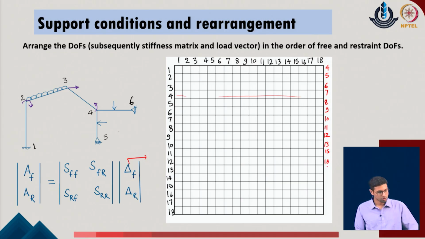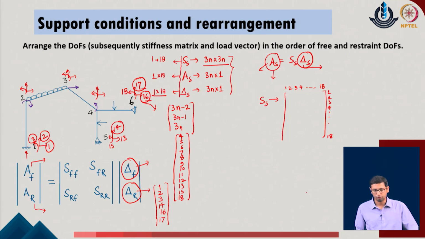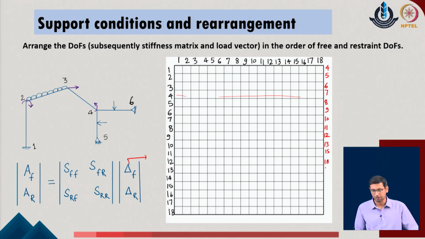Similarly, I also change the remaining rows of the system, which are 1, 2, 3, 14, 16 and 17. But by only changing rows I cannot complete it. So, what I also need to do as a next process is change the columns of the given system. The columns will also be arranged in the same manner, which means that I will switch column number 4 and bring it to the first.